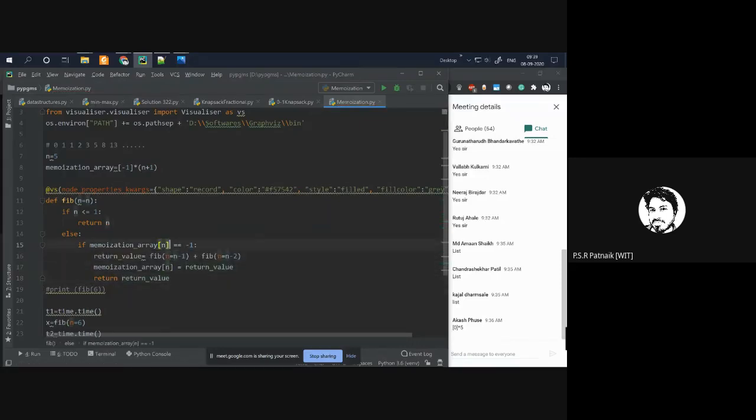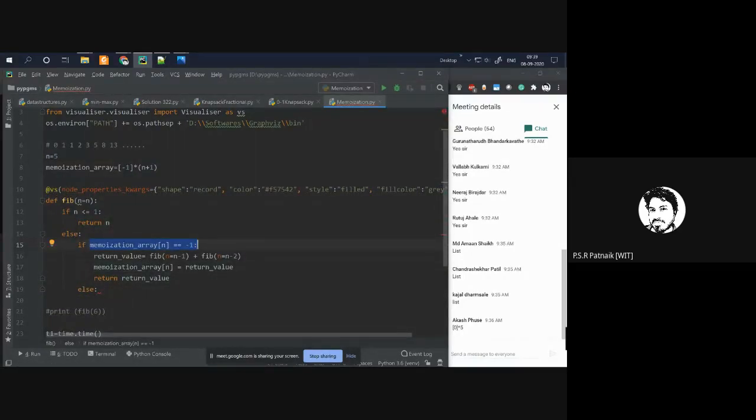So next time, if I get the call for the same code once again, this will no longer be -1, right? So I'll be entering into the else block. If I enter into else, what should I do? This is not -1.